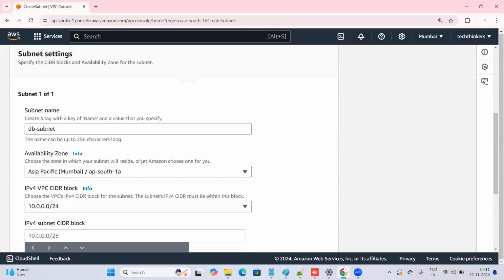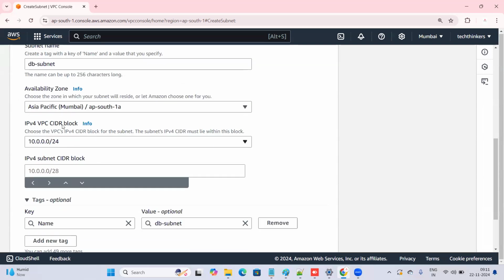Availability zone, I'm selecting the same, and IPv4. This is the VPC range, and I will be providing the same range as 10.0.0.0/24. Now you tell me here: 128 IP addresses, the first 128 IP addresses. Suppose for this 24 range, if I am getting 256 IP addresses,